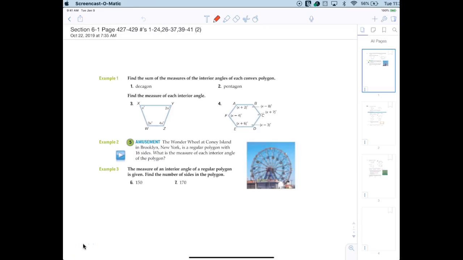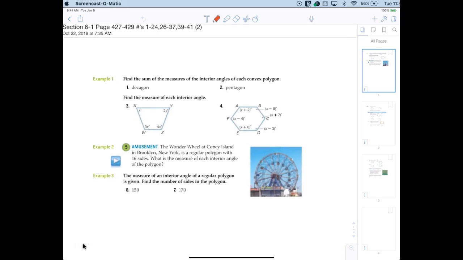All right. So the next chapter has a lot to do with angles of polygons. Talks about all the different types of quadrilaterals as well. All right. But today we're going to learn something very simple